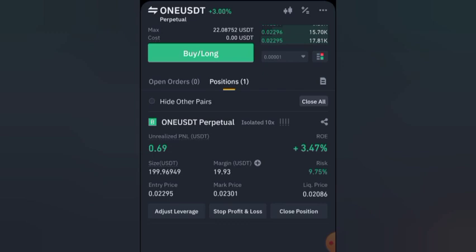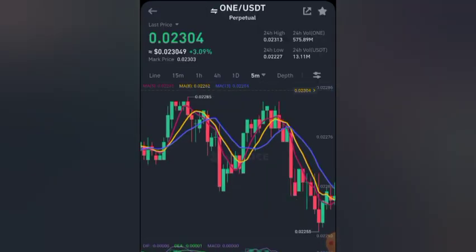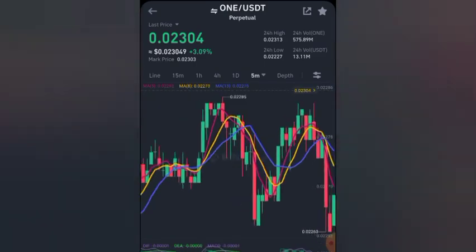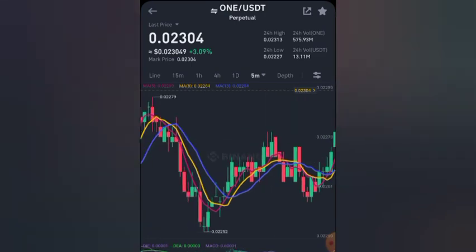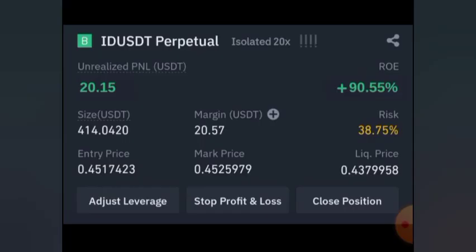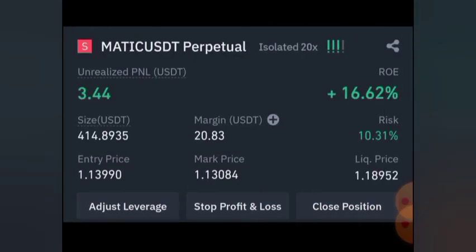And make my money on a daily basis. Now, to even prove what I'm telling you, I'm going to show you proofs of the ones I make on a daily basis, so that you can see that it's very possible to make $10 every single day, leveraging on a simple trading strategy. Now from here you can see this is actually IDUSDT perpetual, and I actually won this trade, and from this trade I made $20 instantly, and it was about 90.55% that I made. Now again, this one is MATIC USDT perpetual, and this one was a short trade. I actually shorted this trade and I made $3 from this trade, and it was about